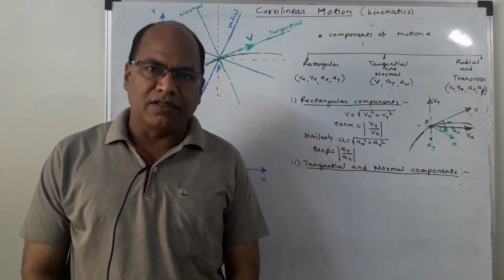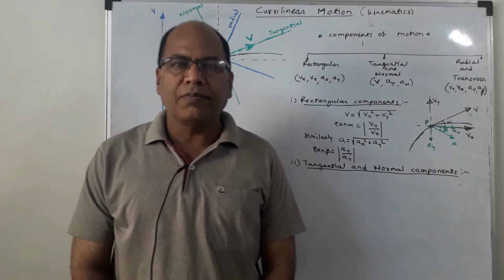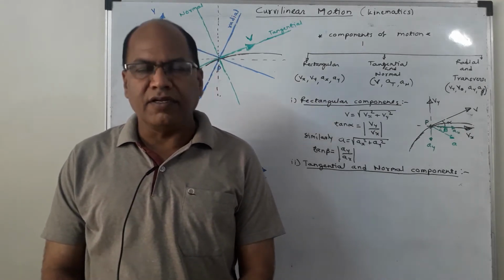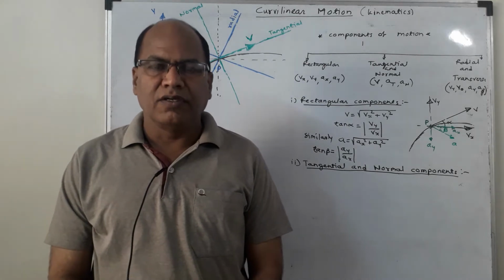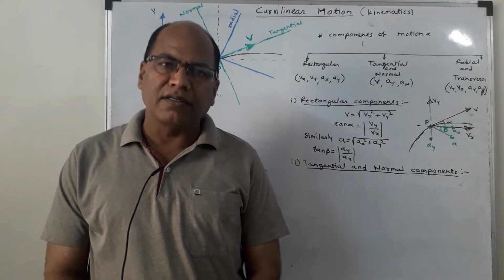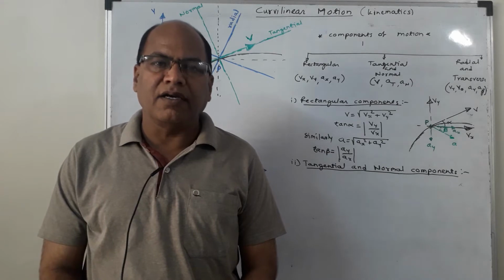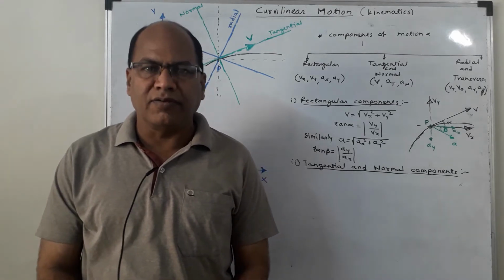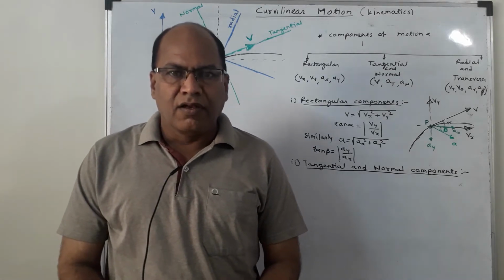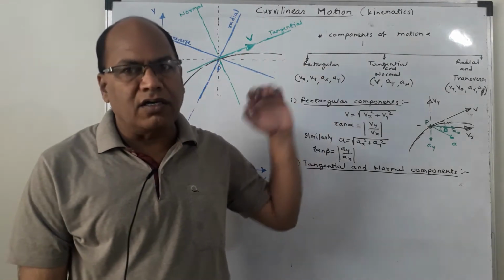Now there can be two reasons. Reason number one, if the direction of force acting on the particle continuously changes, then the particle performs curvilinear motion. Reason number two, if the particle has some initial motion in a direction which does not coincide with the direction of force acting on the particle, then the particle performs curvilinear motion, which is well known to us, which is projectile motion. So curvilinear motion is the motion along a curve.